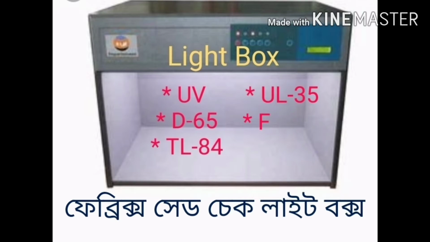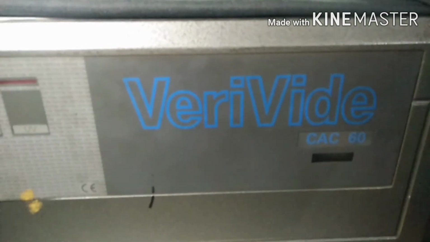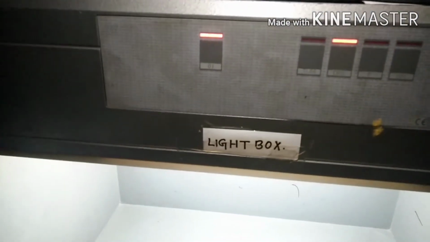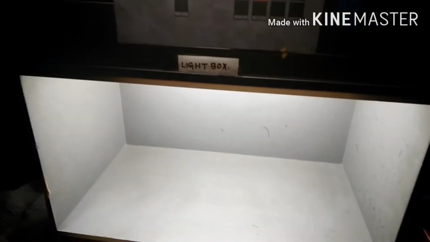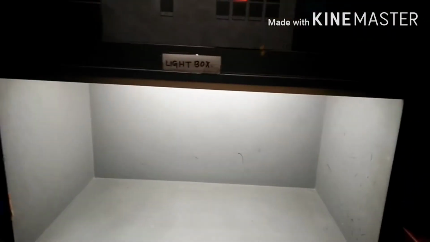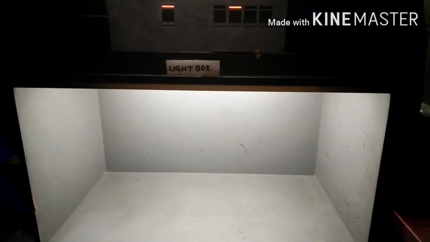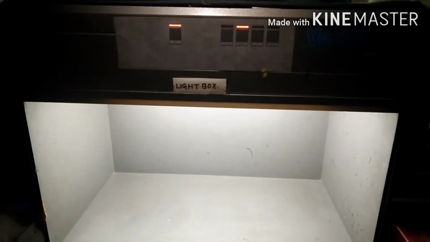First of all, I have to start with D65. D65 means artificial daylight for customer view. অর্থাৎ দিনের আলোয় আমরা যেভাবে দেখি, like same shade you will get under this light. D65 is the most important light source for the checking. It's very important. All buyers follow like this.